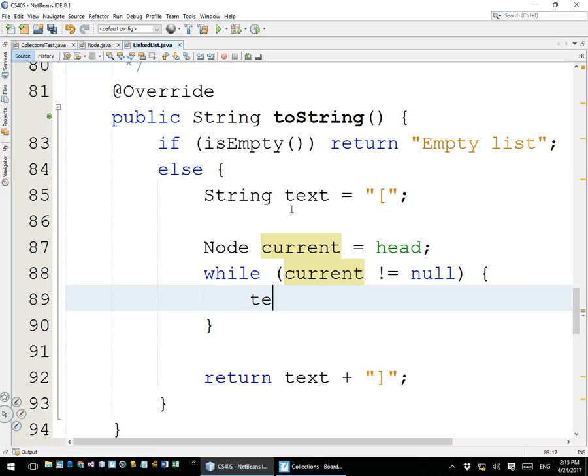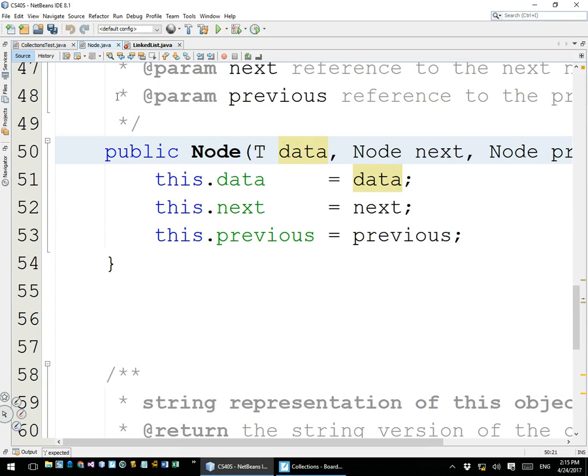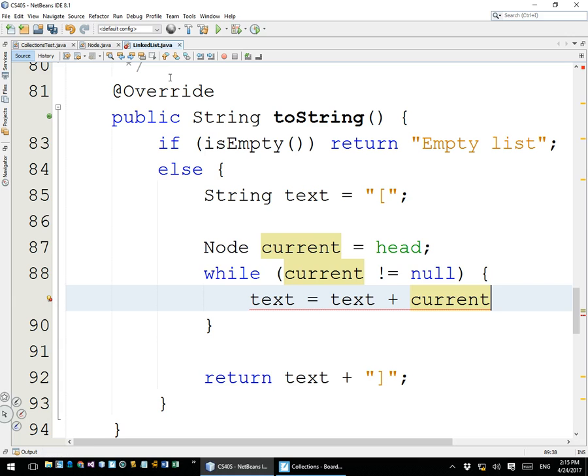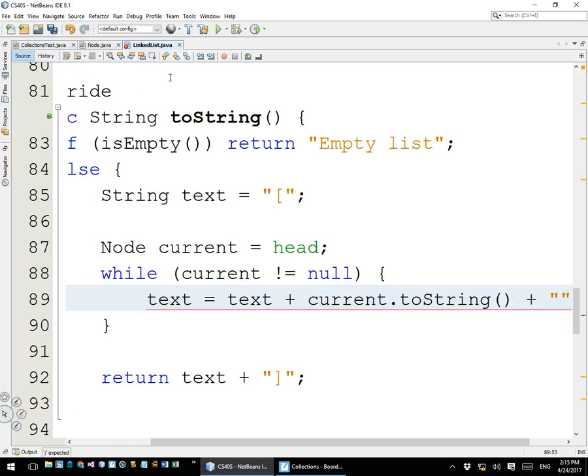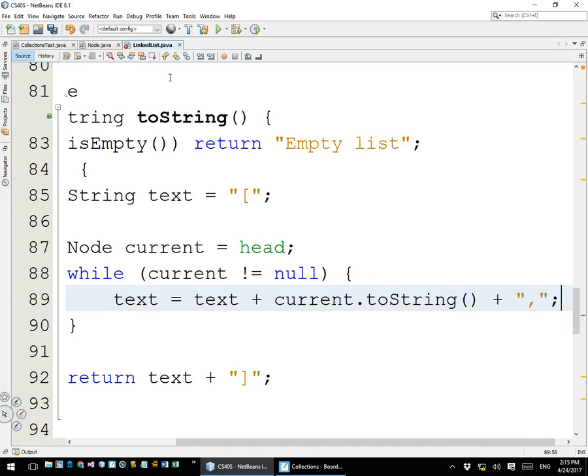What we do is we say that text equals the text plus what's in current. Now current is a node, right? So what we can do is say current.toString. We'll turn the current node into a string, and then attach to that a comma,